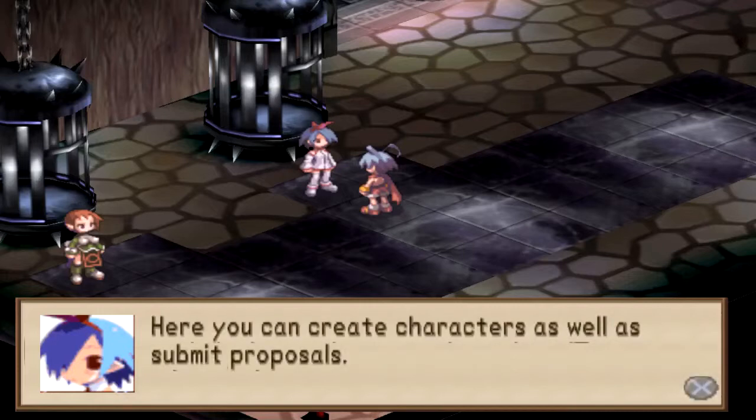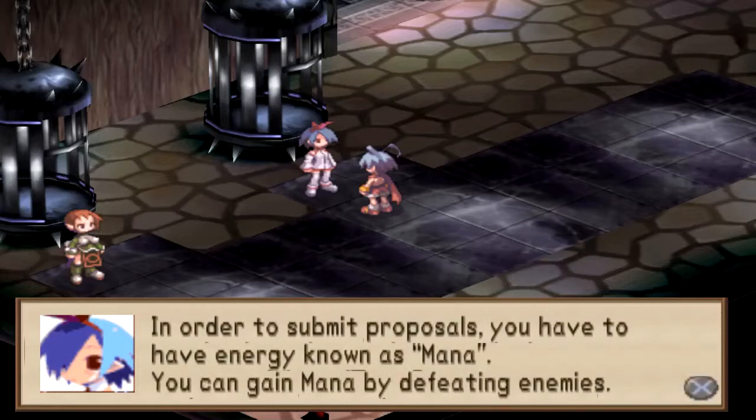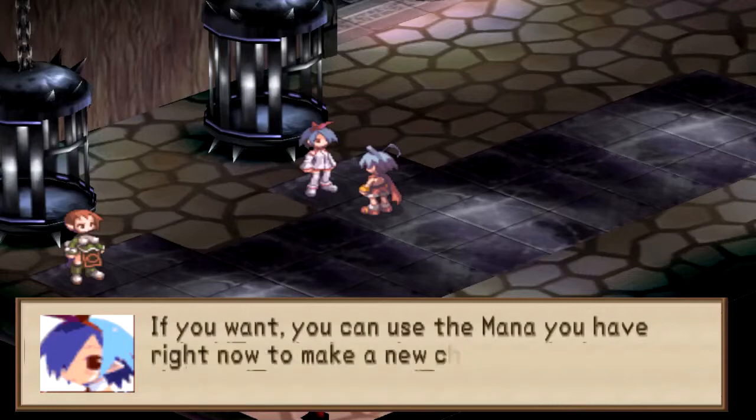So here we can create characters as well as submit proposals. In order to submit proposals, you have to have energy known as mana. We can gain mana by defeating enemies, and I assume you want them called